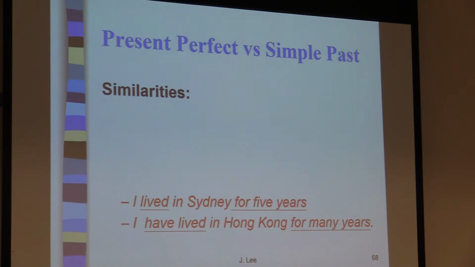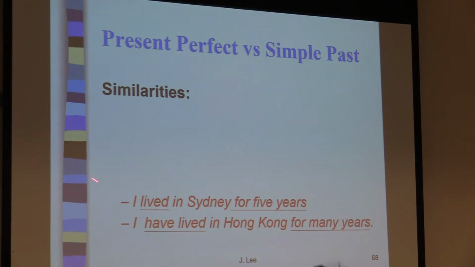I lived in Sydney for 5 years, and I've lived in Hong Kong for many years. About me. You see, here I have used the prepositional phrase about the duration, for 5 years and also for many years. In the past, your teachers probably told you that when you say for a period of time, then use the present perfect tense. Just like a fixed rule. But you can tell your teachers this is not correct. As you can see from these two examples, we can also use the past tense for a duration, for 5 years. Why?